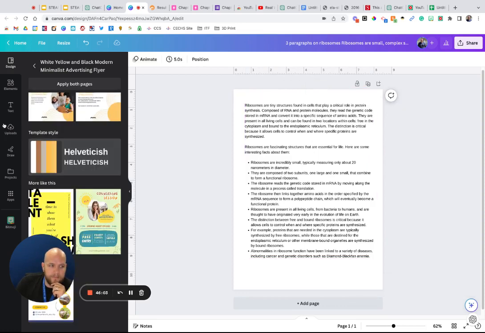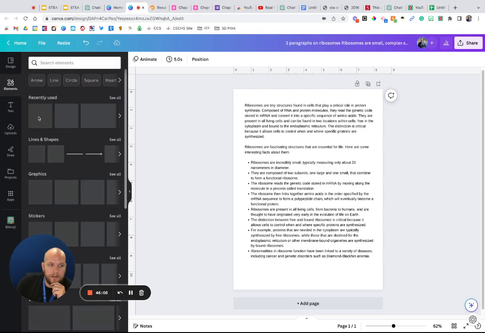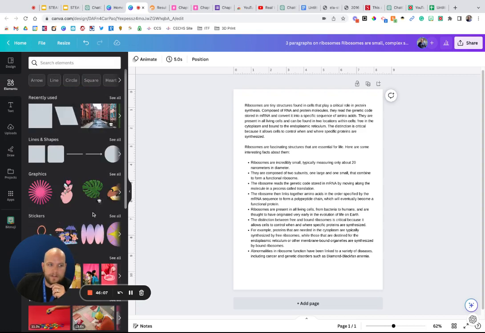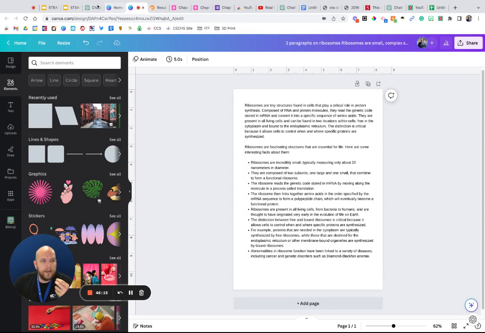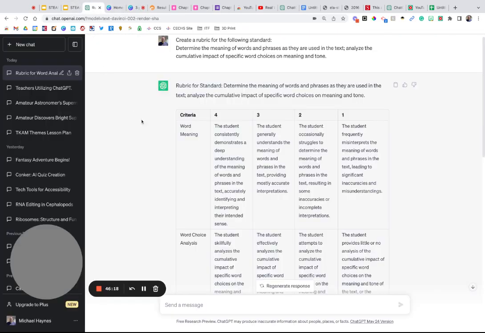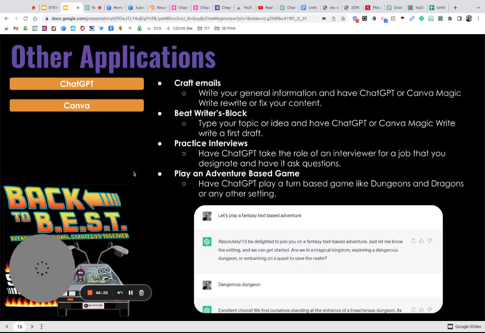And this is all done inside of a vast editor with images, features that aren't available because ChatGPT is just the AI that you're talking to, whereas Canva is also a design tool. So just kind of keep that in mind as you're going through it. Running short on time, so we're going to keep plowing right along.